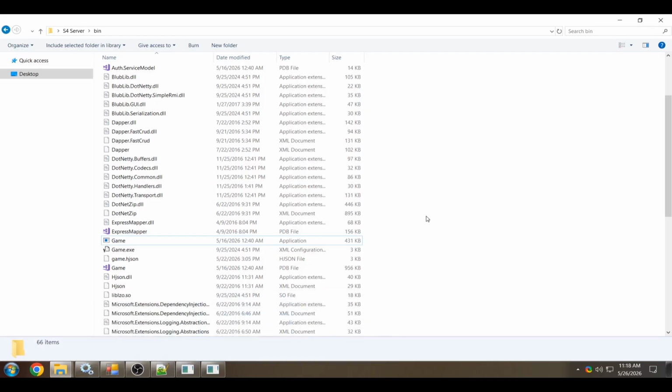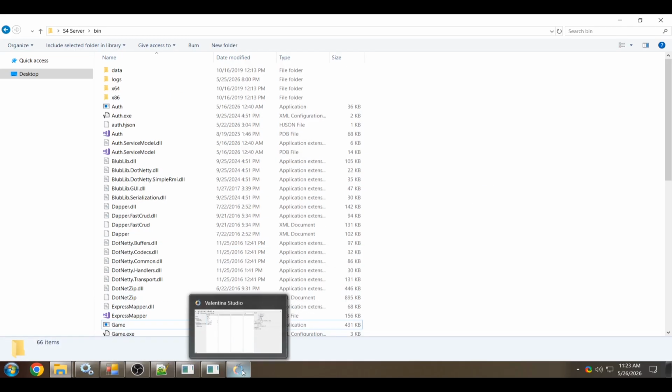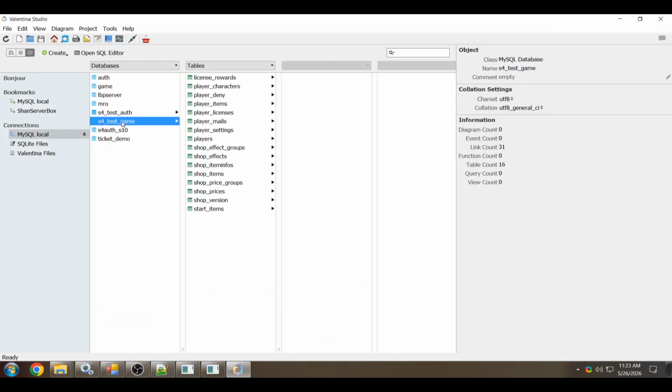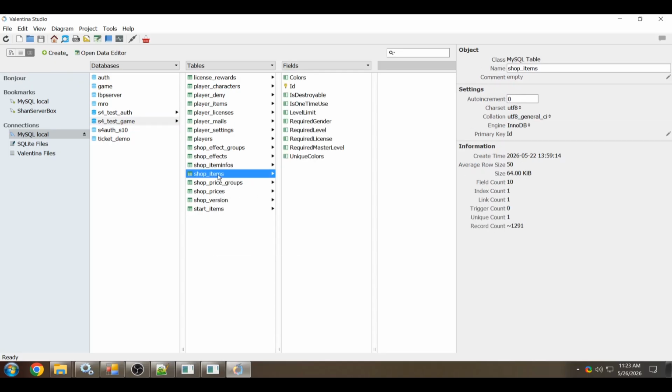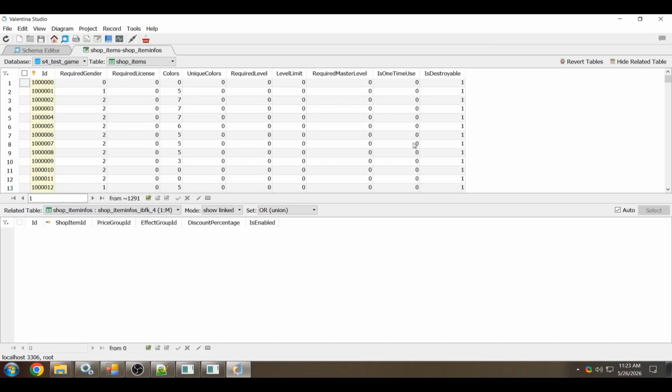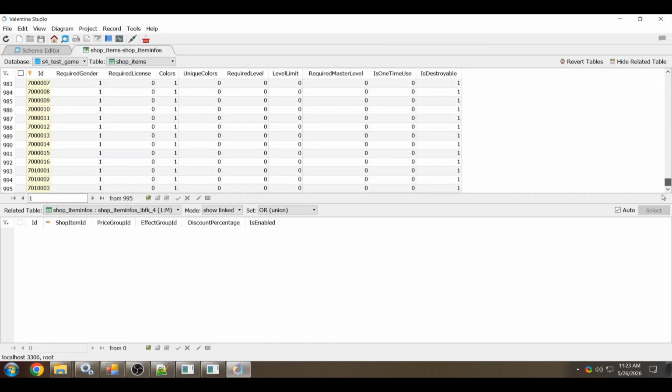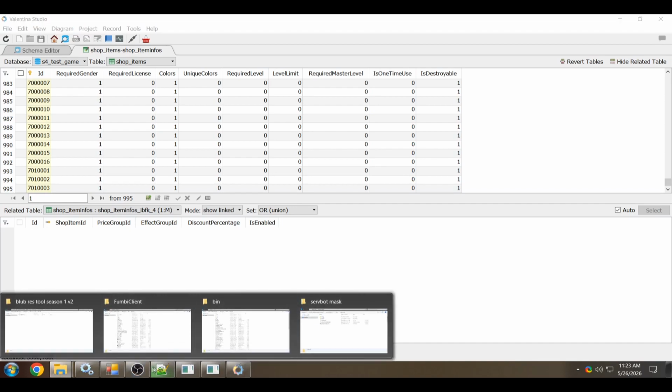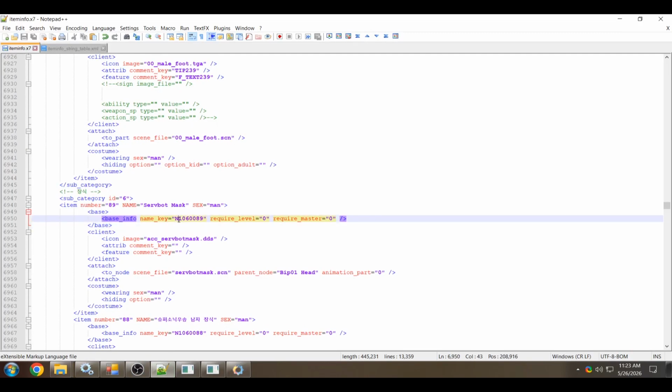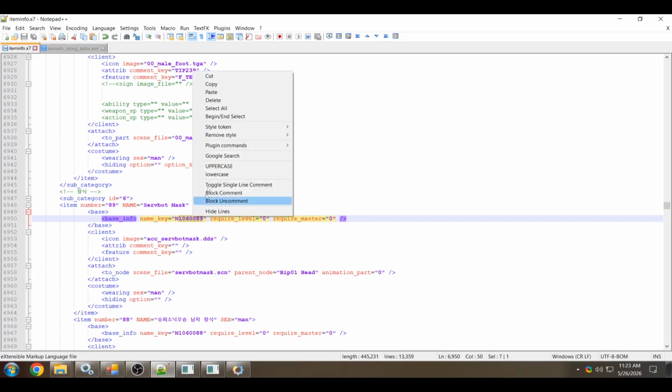Alright, now we move on to the database. We're going to enter game. We're going to want to go to shop items. Scroll to the bottom. We're going to need the item ID. The full item ID is here. That will include things like the category, subcategory, item number. That all pans out to make this. Our name key has the full item ID that the database wants, so we're just going to head and copy